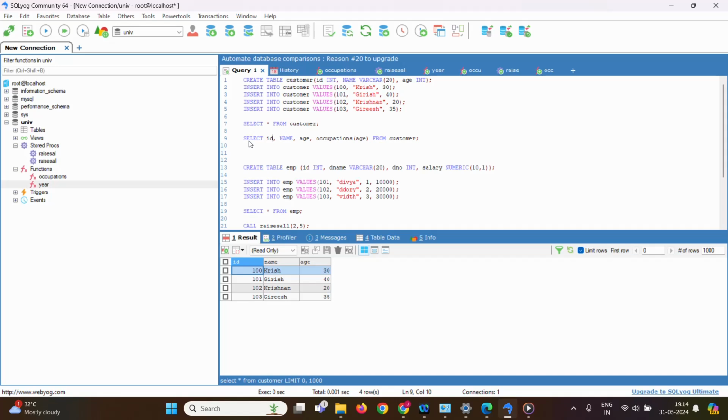So to do that, you output the ID, the name of the customer, the age of the customer. Along with that, whenever I am passing age, the occupation will be printed. So to do that, I am calling the function occupations. I have created a function occupations. It takes one argument as input, that is the age, what is there on the table. Now if I just run it,